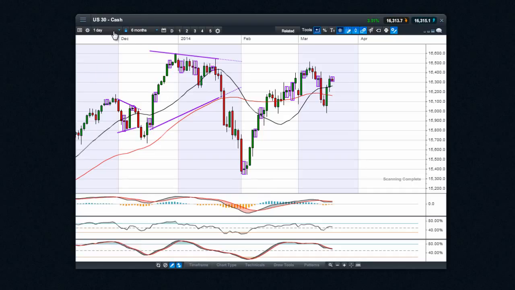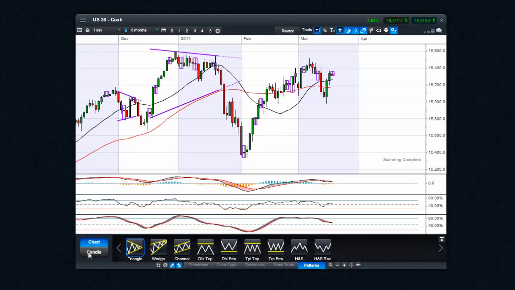Now typically I just utilize the candle formations on a daily or weekly basis. I tend not to look at it in shorter time frames, but to be fair guys, it's completely up to you at home. So again, you just go to patterns, you've got chart pattern recognition, candle pattern recognition,